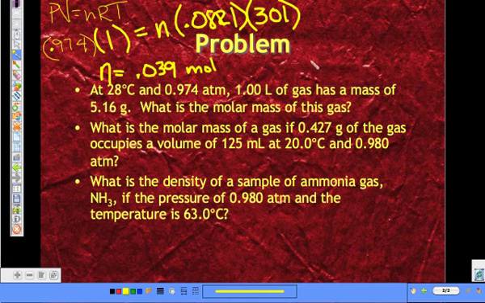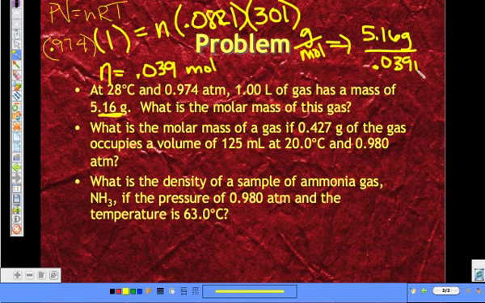And the units for molar mass, since we're finding molar mass, is grams per mole. So we want it in grams per mole. So we are going to take the mass that we have, 5.16 grams, and that is 0.039 moles. So now our units are going to be grams per mole, which is what we want. So our molar mass is